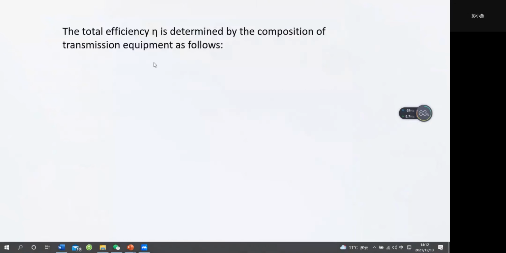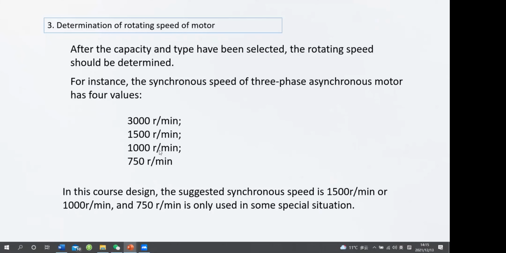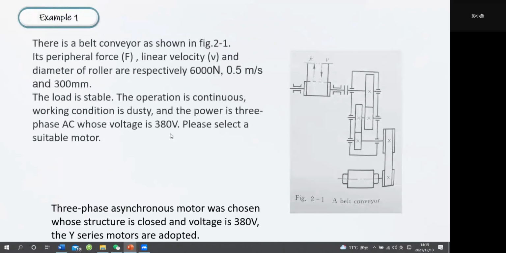And first, calculate per minute. So when we choose the motor type, we suggest the 2 speeds. And for example,